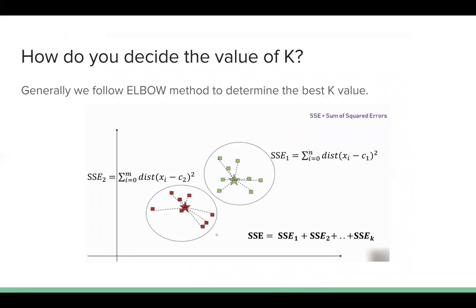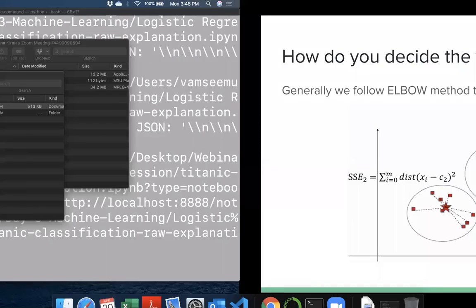I hope this has given you a good understanding of how the k-means clustering algorithm works, how to define centroids, and when a k-means algorithm will converge, that is, when there is no centroid change. Apart from that, you evaluate a cluster based on the sum of the squared errors, and the elbow method is one technique which allows you to decide the approximate k value for your algorithm. With that understanding, we will quickly go through the code.